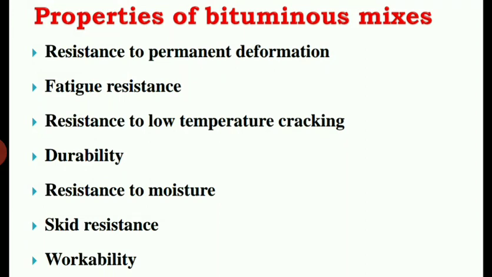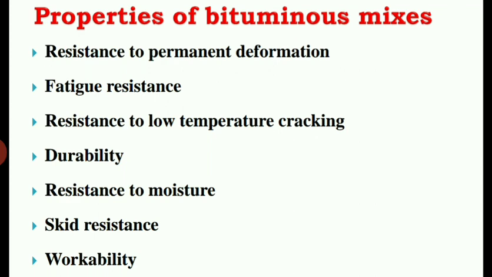So here the mix we are going to use, that is the bituminous mix, should not distort or be displaced when subjected to traffic loads. Suppose we have constructed a road made up of bituminous mixes, that is bituminous with aggregate. When a certain load is applied, it should not be displaced, in the sense that it should not change its original shape or original place whenever we apply the load, so that it is strong enough to resist the load coming from the vehicles.